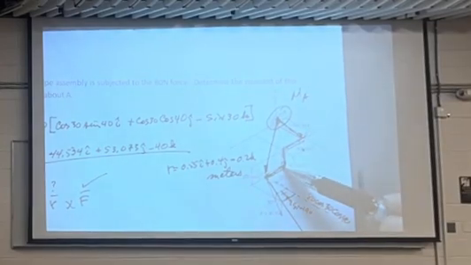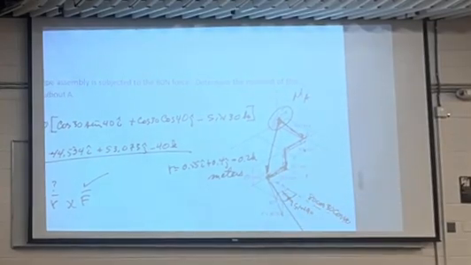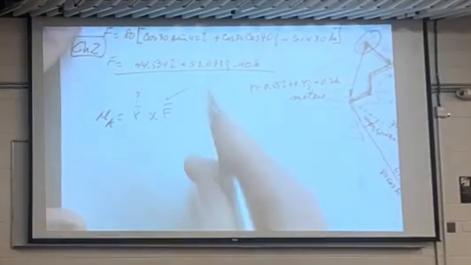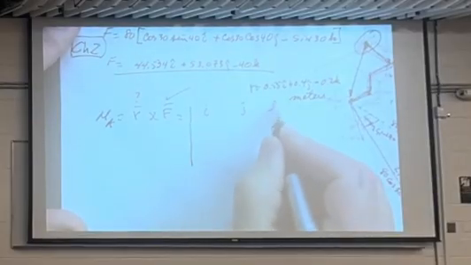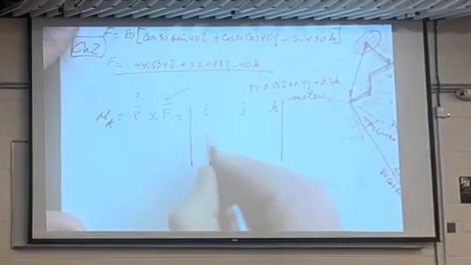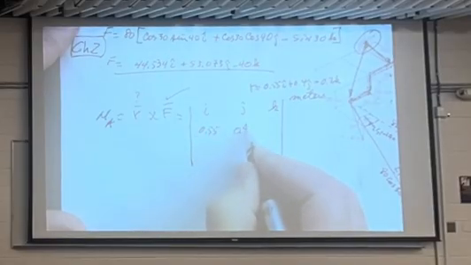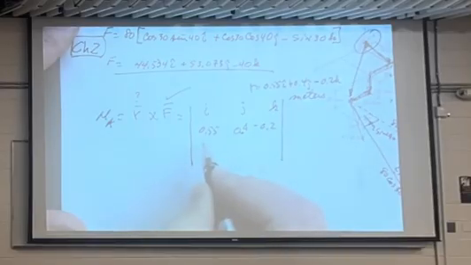And I went downward 200, which is 0.2 meters. And that's my R. So now I have this determinant, i, j, k, of 0.55, 0.4, and minus 0.2. This would give me